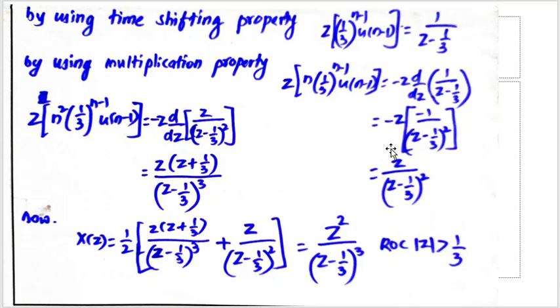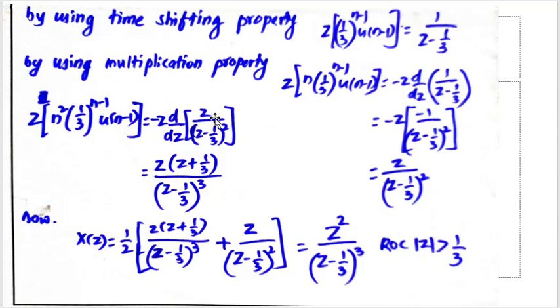Okay, now come back here, we have the z transform of n square into 1 upon 3 power n minus 1 u of n minus 1. Again we have the multiplication property. Earlier there was only the n term, here there is an n square term, so in that manner the operation is done 2 times, so minus z d by dz of z upon z minus 1 by 3 square. You can see one differentiation was done for n, and for n square this term is taken again for differentiation.